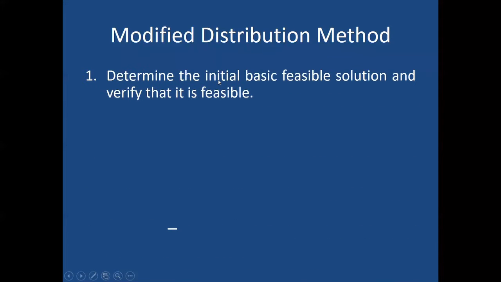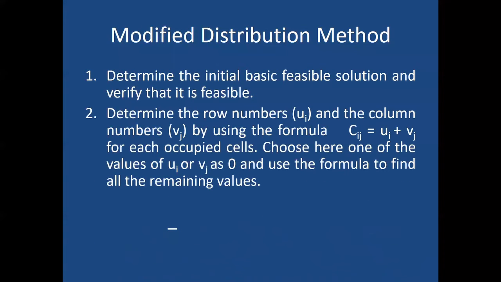a feasible solution. And you know what is the formula to check the basic feasible solution? The number of occupied cells should be equal to M plus N minus 1, that is rows plus columns minus 1. If it is equal, that means it's a feasible solution. Okay. Then we go ahead and determine the values of row numbers and the column numbers, which is represented by